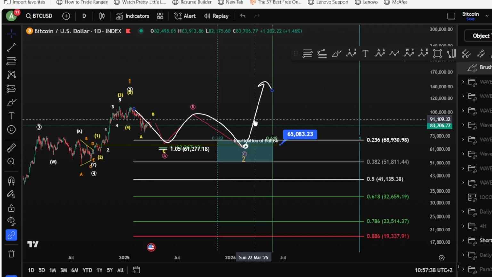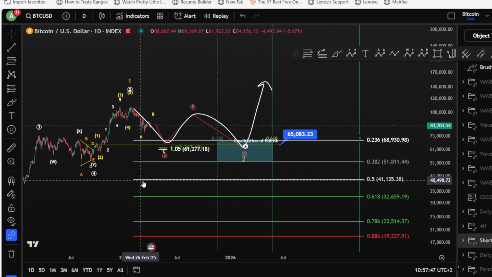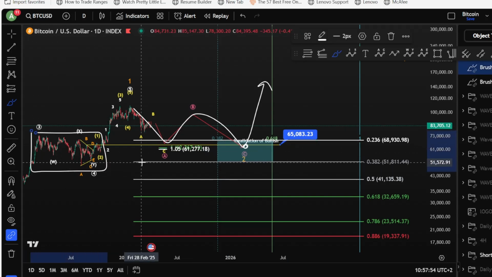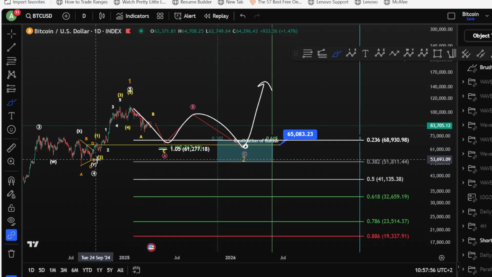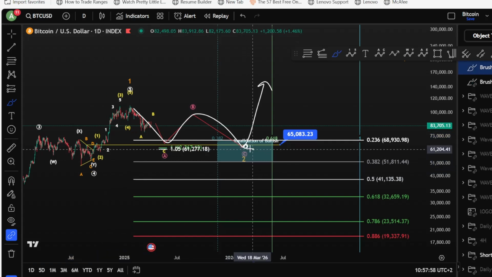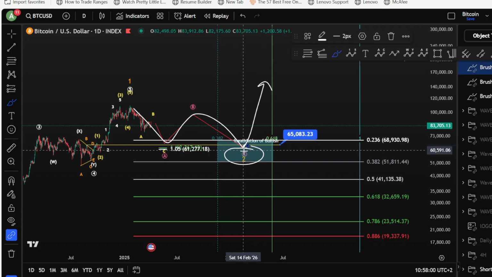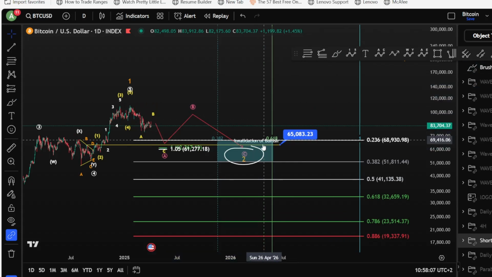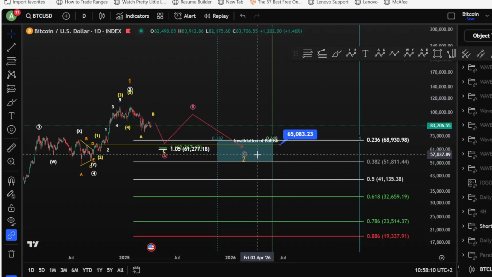And of course, this time we're looking even for potentially 200k, which is, of course, the most massive and explosive wave that we're going to have for this next bull run. And as you can see, at the same time, we have a very strong support here for Bitcoin, where it has ranged for a long time, where it is in confluence as well in between the 0.38 and 0.23, giving us, of course, a potential stronghold there and a reversal start from this point.